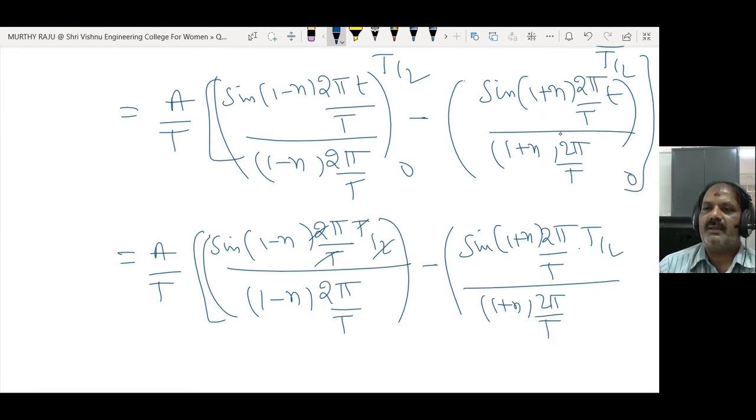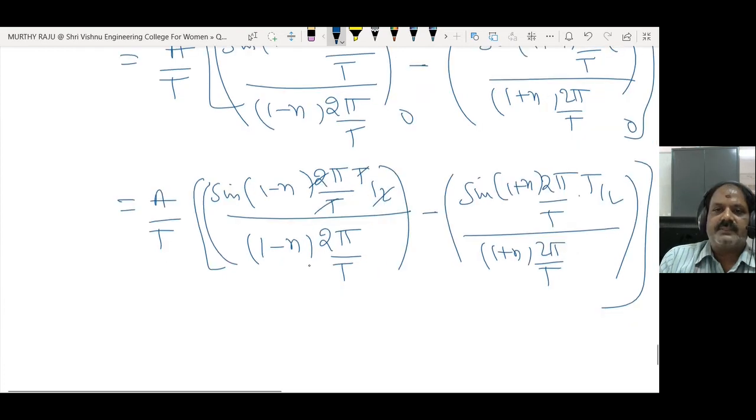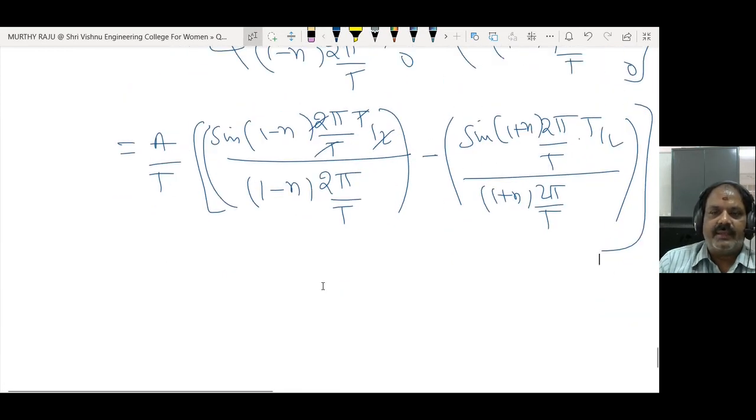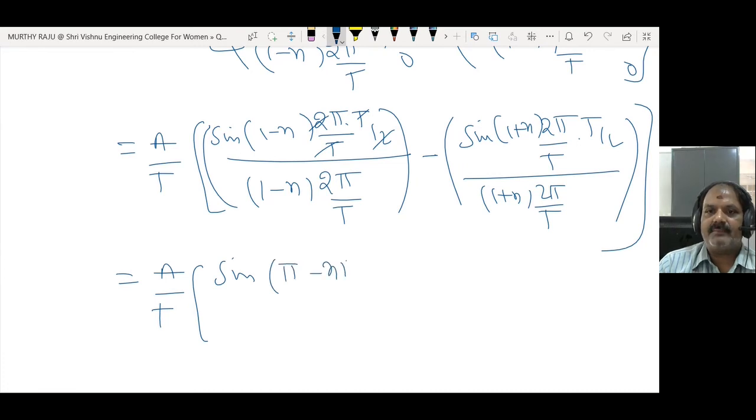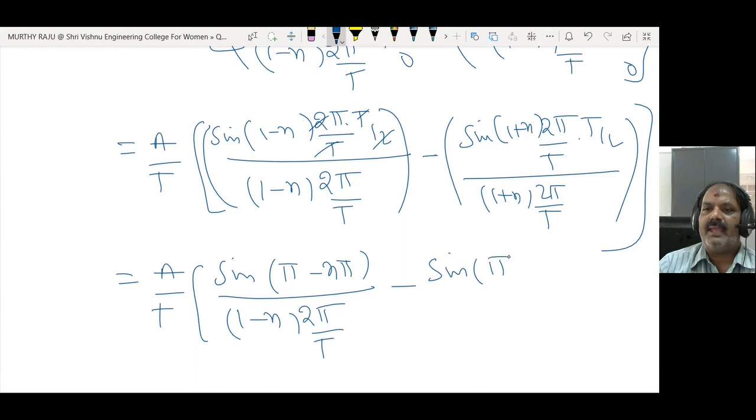Substitute 0 in the lower limit, sine 0 is 0. Here A by T, sine of pi minus n pi over 1 minus n 2 pi by T, minus sine pi, where 2 cancels and T cancels,